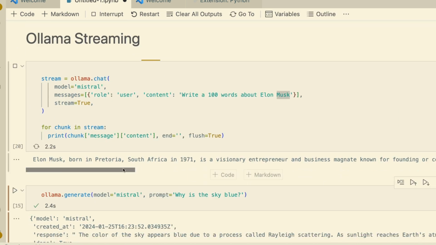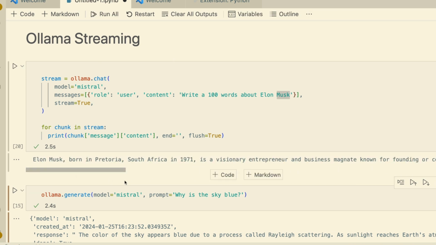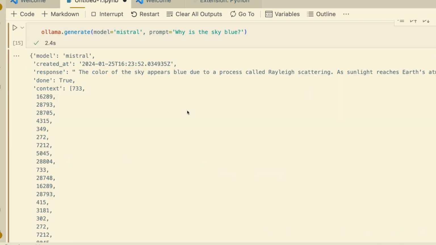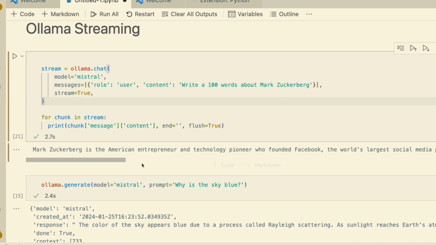And you can see here, it is actually printing in real time. You would have seen the scroll increasing. Let me try something else, like write 100 words about, let's say, Mark Zuckerberg. And the moment I run it, you would see that it is going to start expanding. You would see the scroll expanding. So I ran this, and you can see here, okay, it went down, but it is continuously streaming,